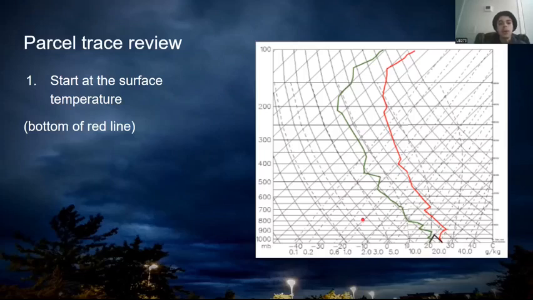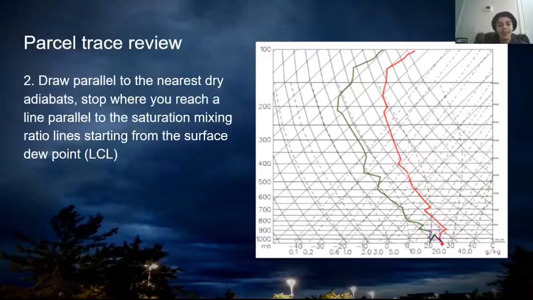But to draw what a parcel is going to do, we start at the surface temperature. So we start at the bottom of the red line because the red line is the temperature, the green line is the dew point. Oh, no, sorry. Then you start from the green line and go to where those two lines connect. And this is considered our LCL, the lifting condensation level. It's where our parcel becomes saturated. So I should have said